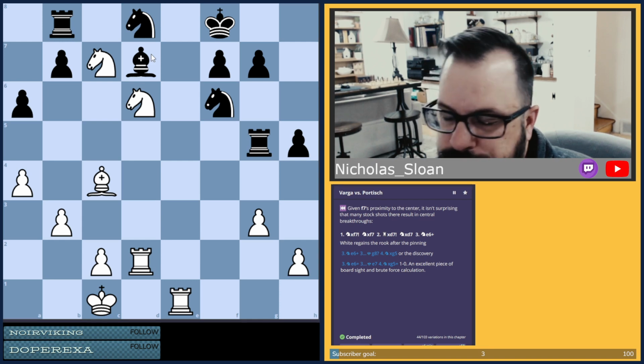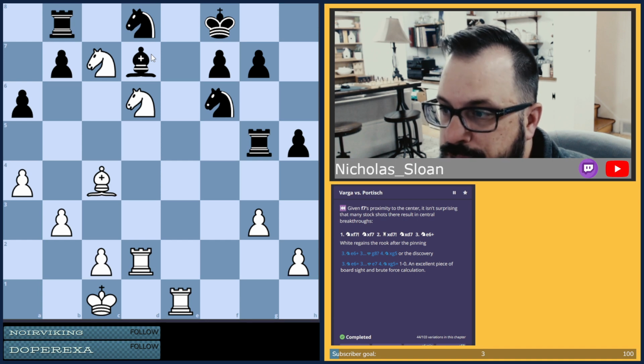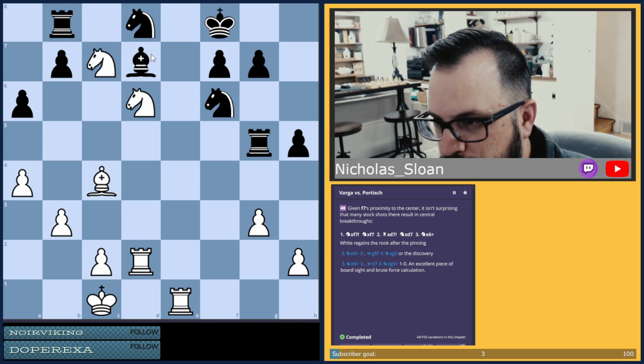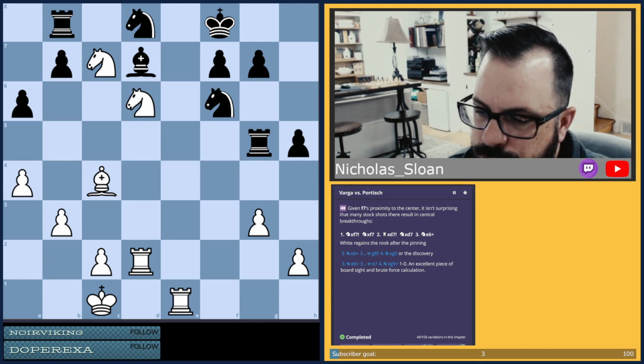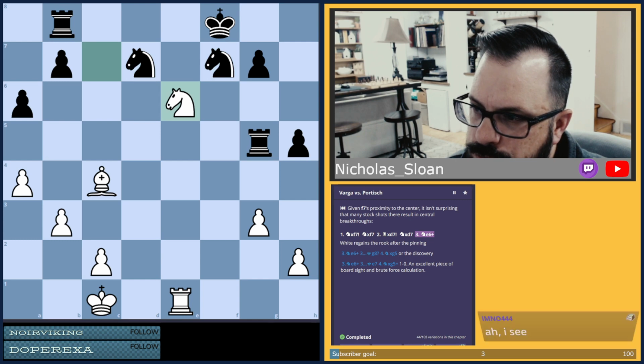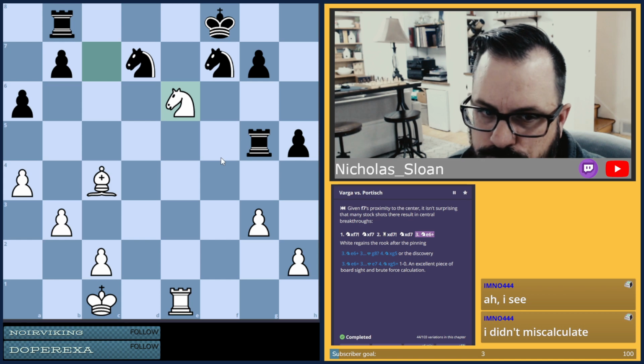But I think maybe the idea is that it just doesn't gain any further attack on the king. I mean, it does somewhat, but the knight on d8 is protecting the f7 pawn, so there's not much you can do unless you sacrifice the rook again, and then your attack against the king is kind of foiled, right? I think that's the idea behind this puzzle. And in this position, we've won a clear pawn and we still have an initiative.